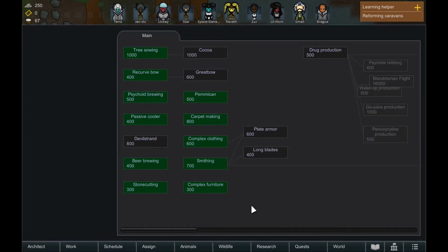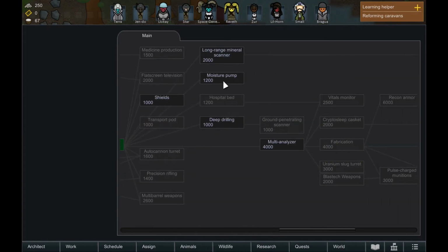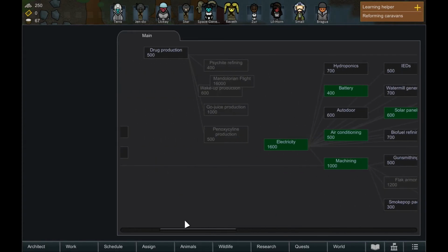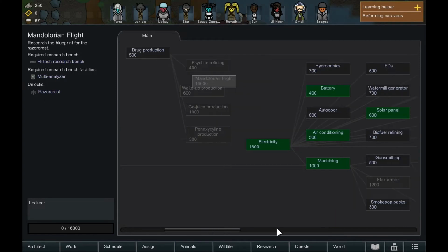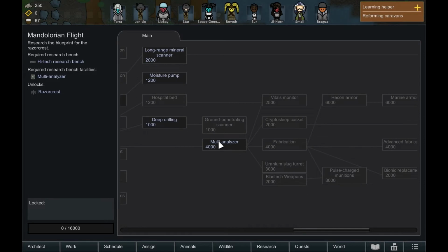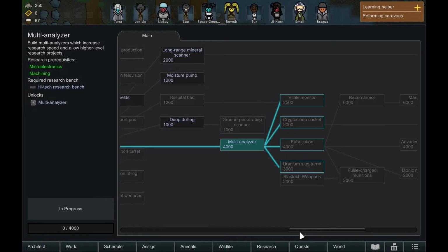Now we have stone cutting researched, so we will look at the advanced fabrication here. It does... Actually, before we do that, let's take a look at Mandalorian Flight. What do we need? We need a multi-analyzer, and then we can start building the Razor Crest. Really want to do that, so that is going to be our next topic to research. And as soon as we get that built, we will be building the